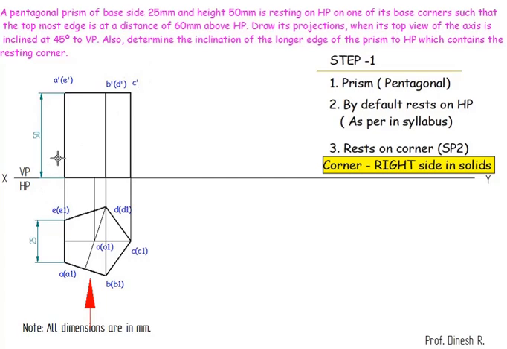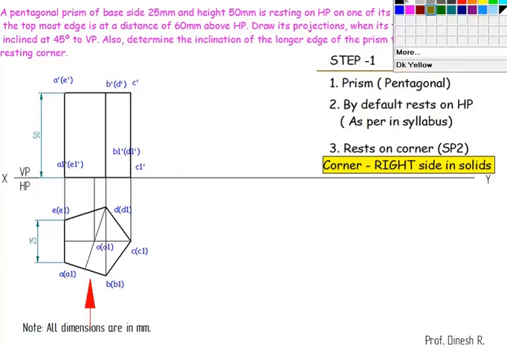Similarly, here corresponding points are A1 dash, E1 dash is not seen. Here B1 dash is seen, but D1 dash is not seen. Here C1 dash. Next thing is I need to draw its axis line